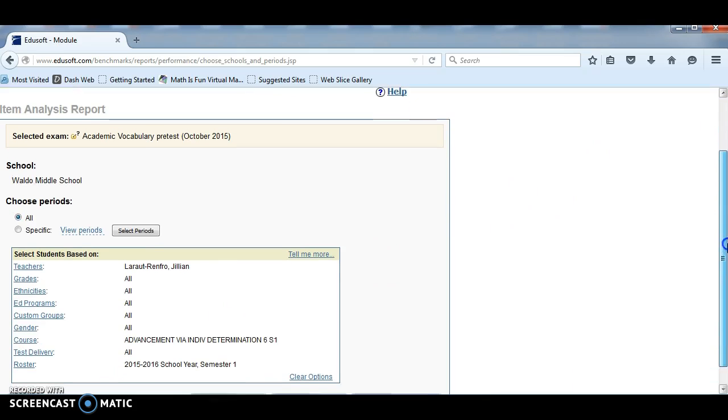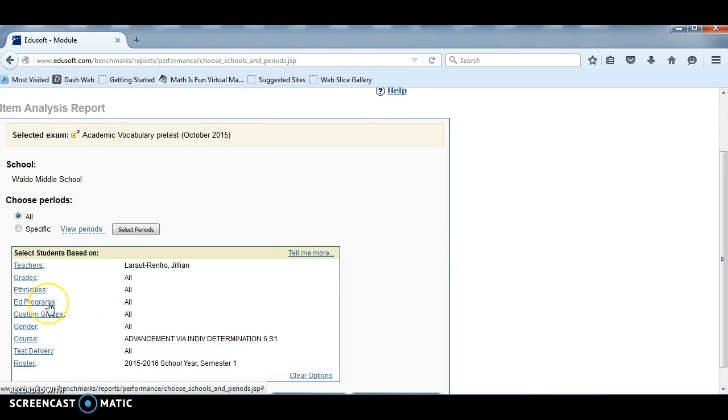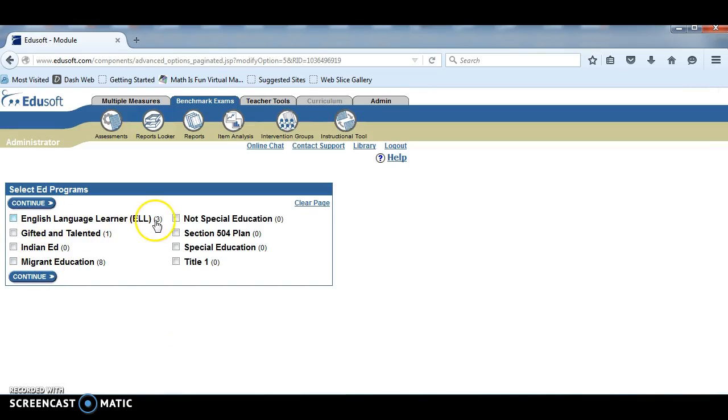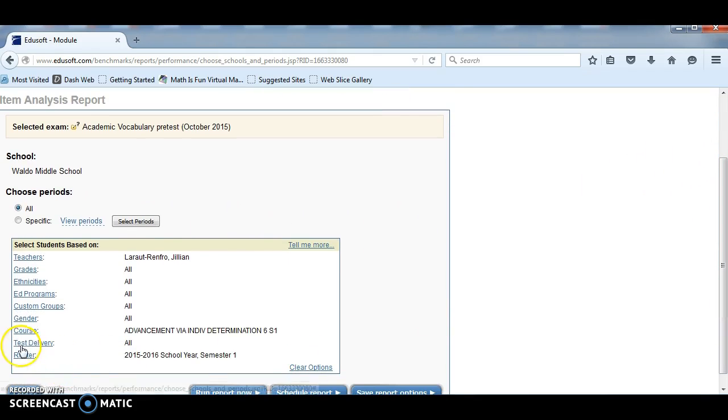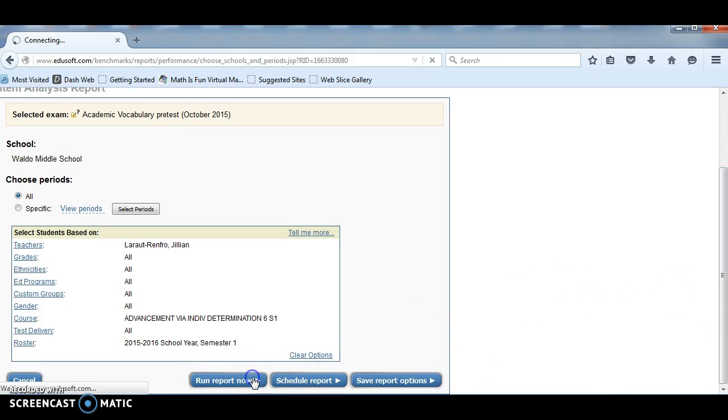You could also, if you were interested, look at students in specific ed programs, so your ELL students or your SPED students or talented and gifted, etc. You could even look at gender or ethnicity as well, or grade level if you have a multi-grade class. So those are all options, but we're just going to look at the course data for Jillian's Avid class. So now we just click on Run Report Now,